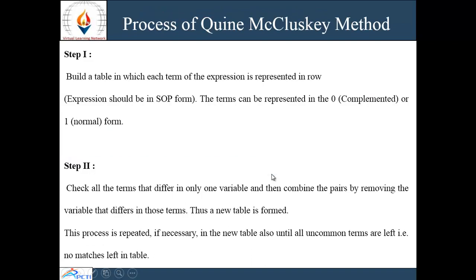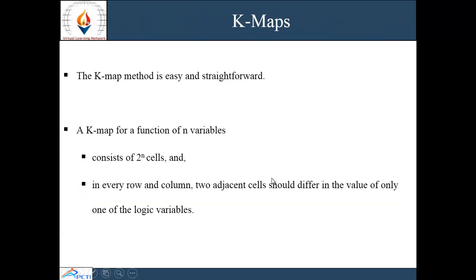Now, first of all, what is K-map? K-map means Karnaugh maps, which is a collection of cells. Cells means where the row and column intersect with each other, it forms a particular cell. K-map is the easiest and straightforward method for the minimization of gate. Minimization of gate is necessary for the simplification of logical circuit and to reduce the complexity of logic circuits.